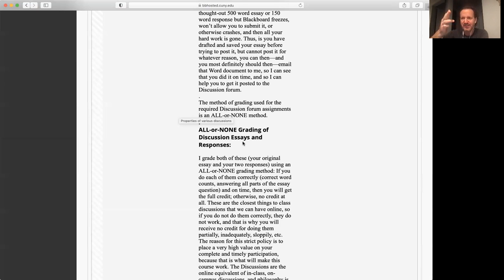Well, F really can't count in this case. But if you get from D to A range, like below average but passing, all the way up to excellent, you're going to get the 4 points. But you have to do all the things that you're supposed to do. You have to write the essay on time, 500 words, the 2 responses, 100 words each, on time, no nonsense, not fluff, genuine thinking, serious thought. You'll get the 4 points.